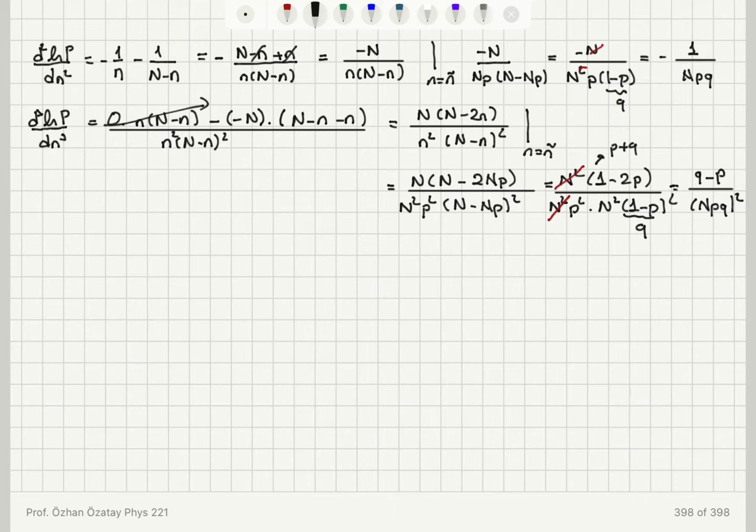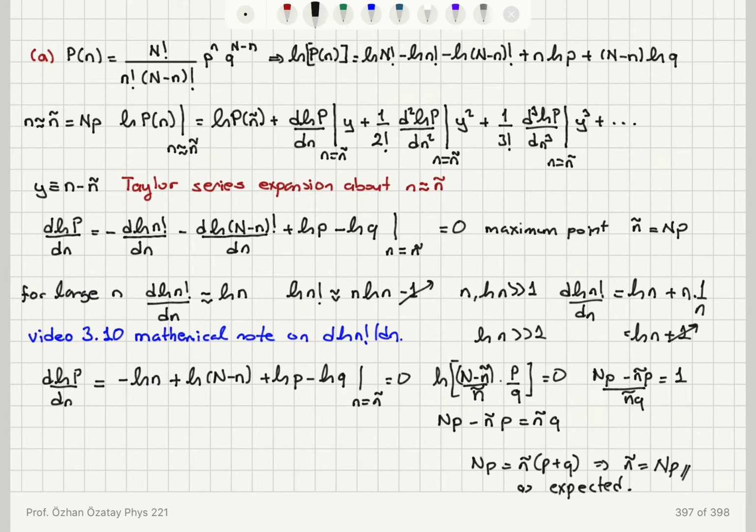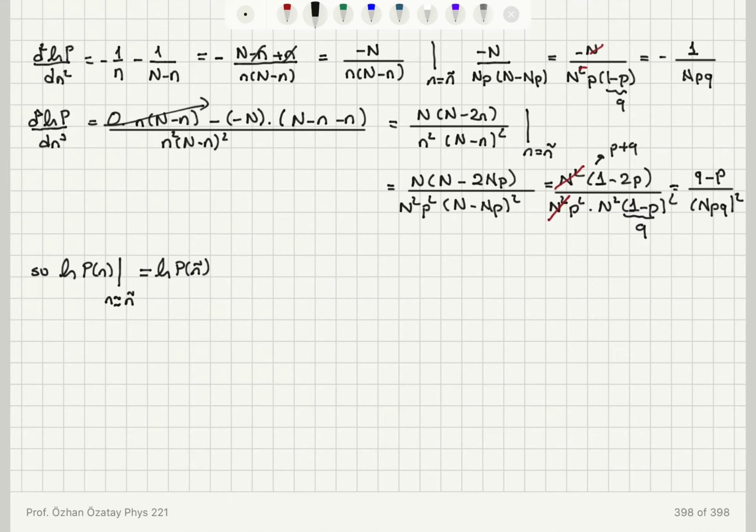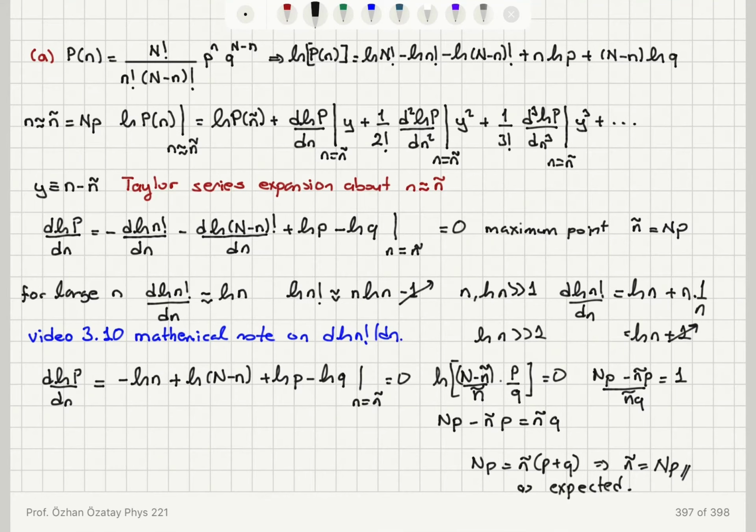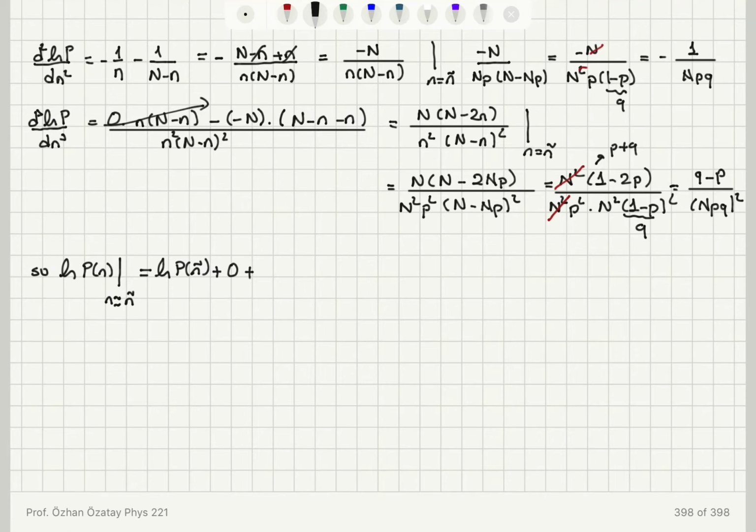So I can substitute all of these into my Taylor series expansion. My natural logarithm of p of n in the vicinity of n tilde can be approximated as ln p of n tilde, and then the first derivative term gives me 0. The second derivative term is 1 over 2 factorial times the second derivative times y squared, so it's going to be 1 over 2. The second derivative evaluated at n tilde gives me minus 1 over NPQ